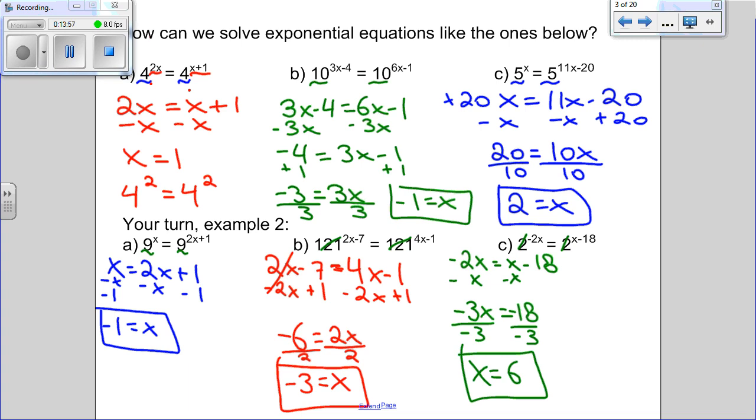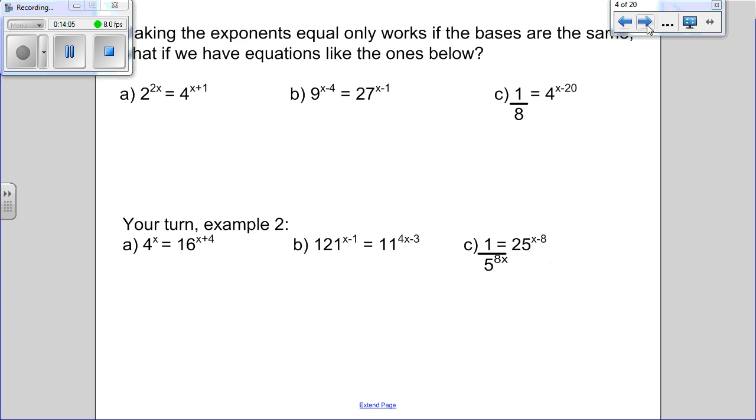Alright, it's nice when you get a question like that, where the bases are the exact same. Unfortunately, that doesn't always happen. So instead, what we're going to have to do, and what we're going to have to get good at in practice a lot, is getting same bases. So you're going to hear me talk to you about get a like base, get a similar base, get the same base. I'm going to use different terminology for saying you have to have the same base